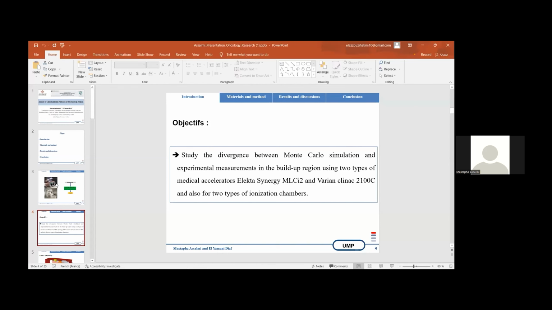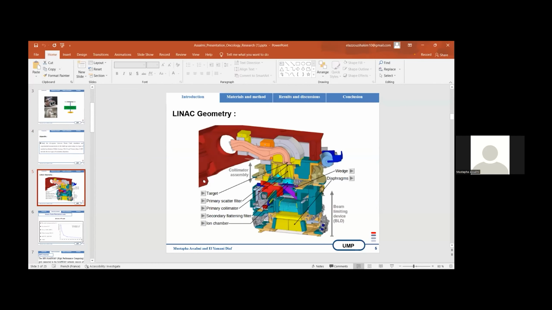experimental measurements in the build-up region using two types of medical accelerators, Elekta Synergy MLCi2 and Varian Clinac 2100C, and also two types of ionization chambers. Of course, in Monte Carlo simulation, each element of the Linac geometry is modeled with its true dimensions and material composition. The Linac geometries studied in this work are Elekta Synergy and Varian Clinac